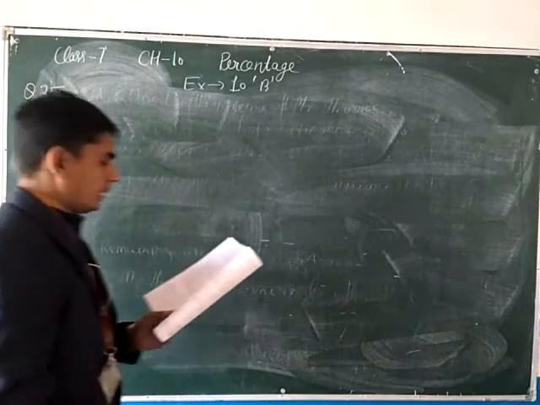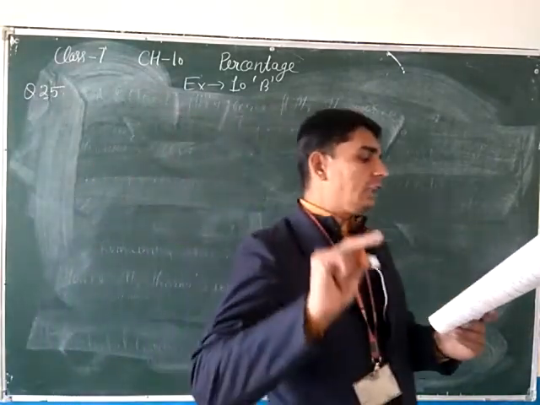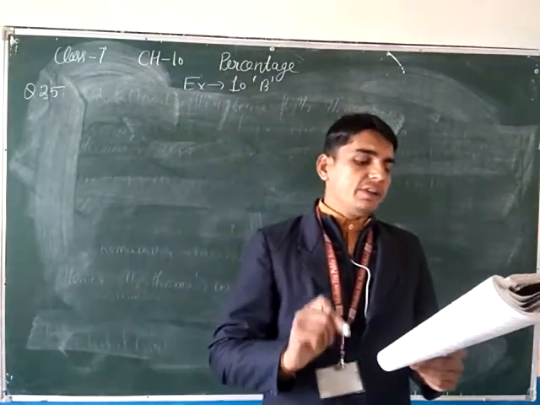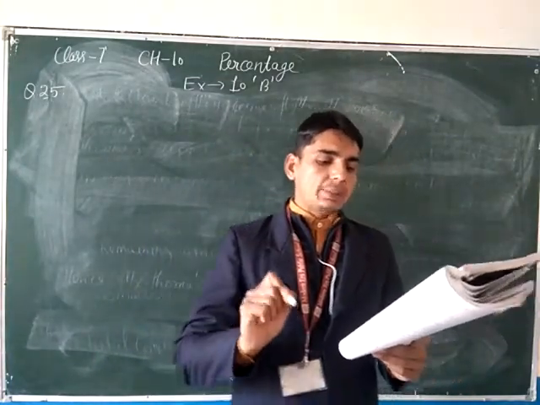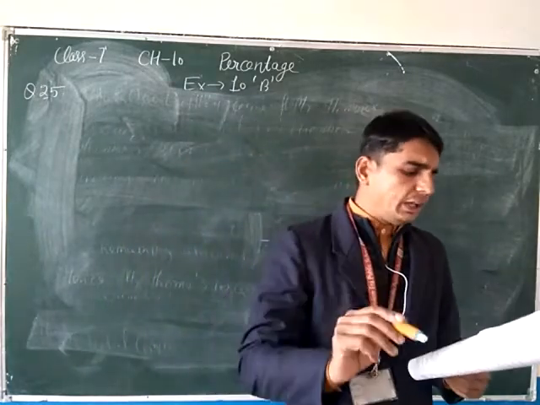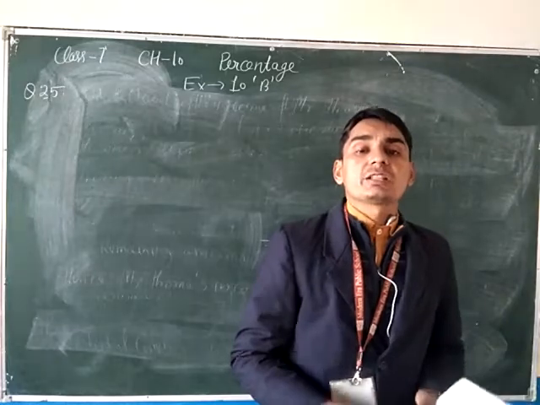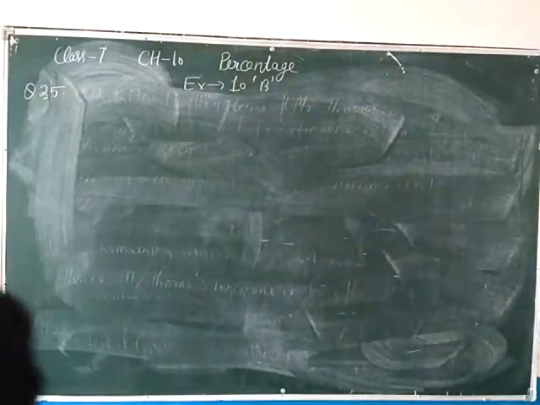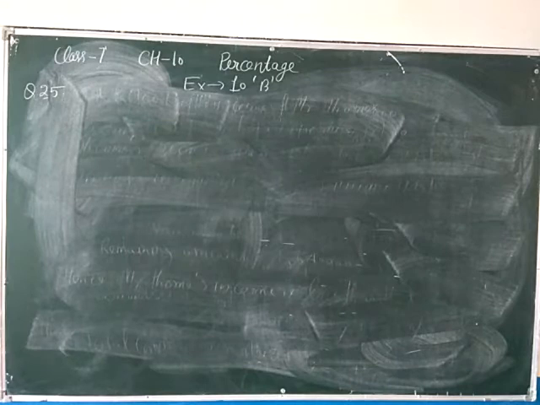So question number 25: the value of a car decreases annually by 20%. If the present value of the car is 4,50,000, what will be its value after 2 years? Means 2 years के बाद उसकी वैल्यू क्या हो जाएगी? ओके बेटा, see the solution of question number 25.